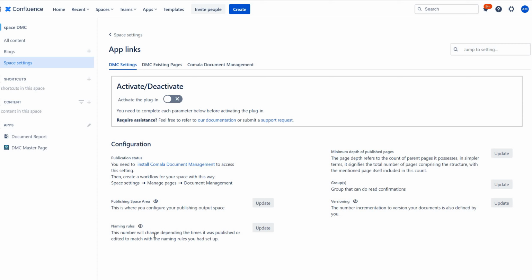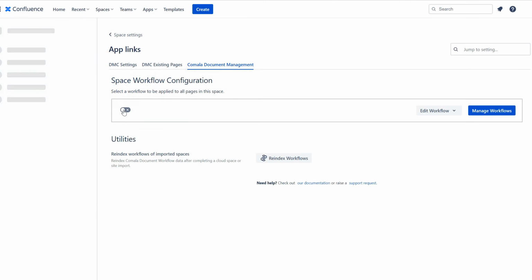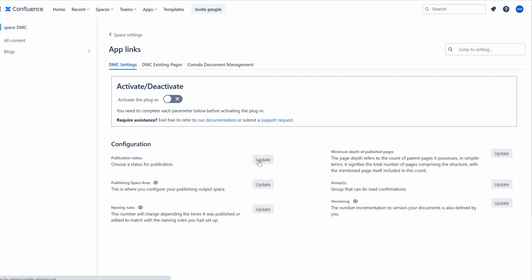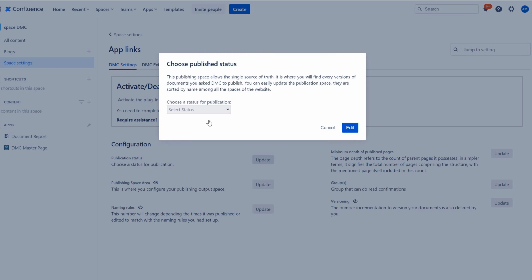The 5th section is the selection of the publication status. Before configuring the published status, you need to install and add a Kamala workflow to your space. To do this, simply go to the Kamala configuration space and enable the workflow for the space. The status of your documents are defined following the workflow from Kamala Document Management that is used in your draft